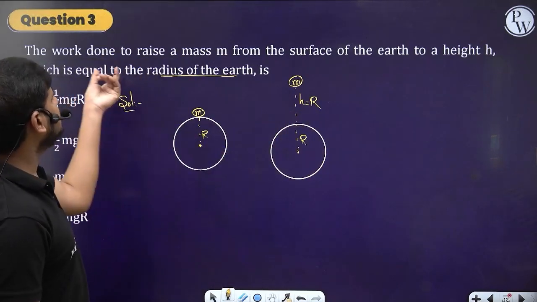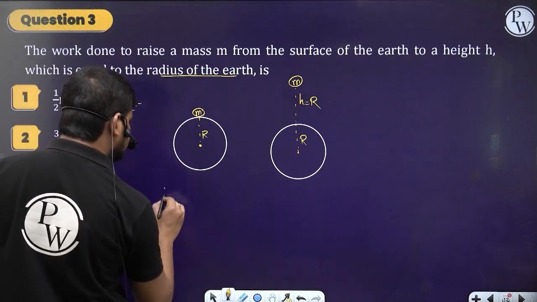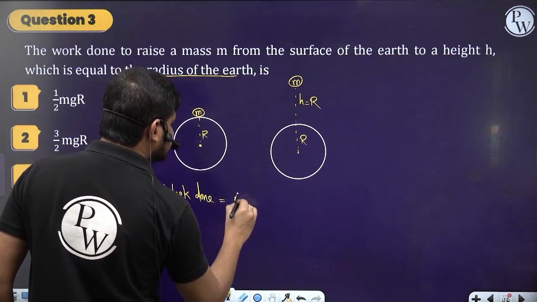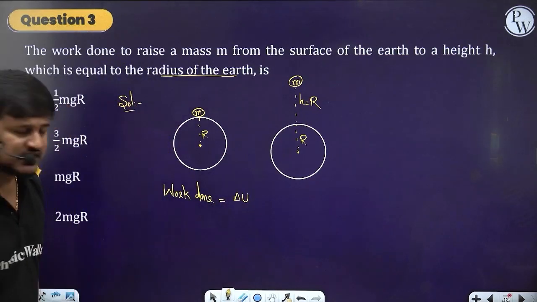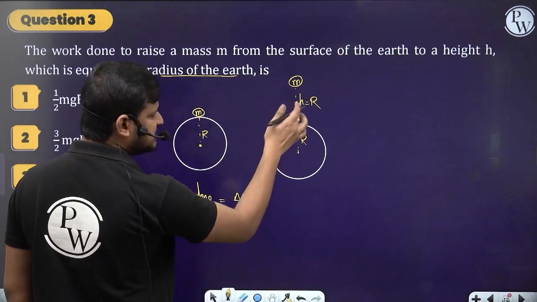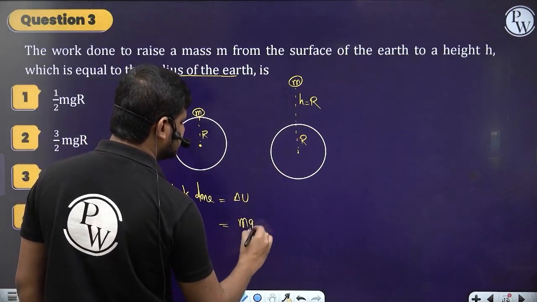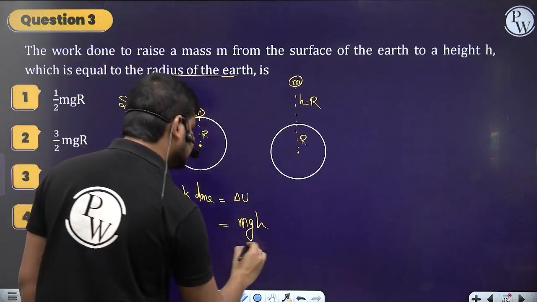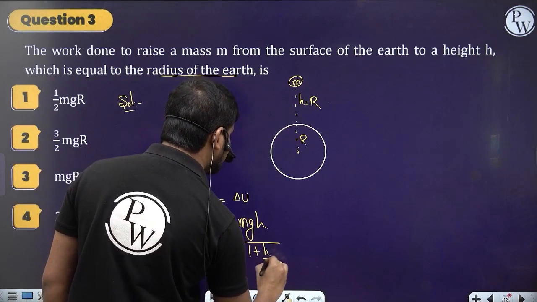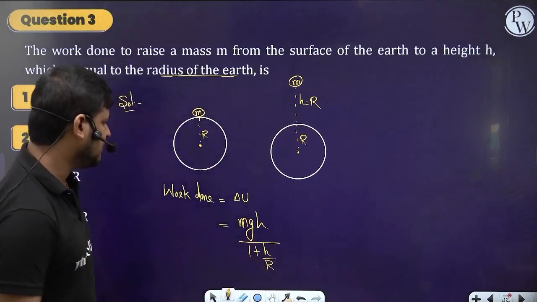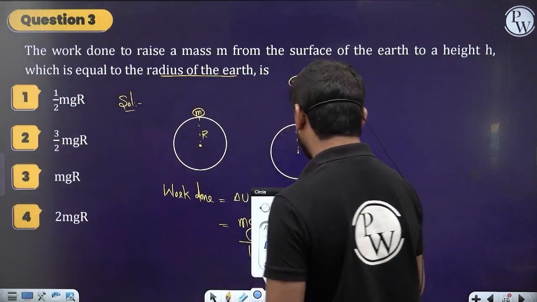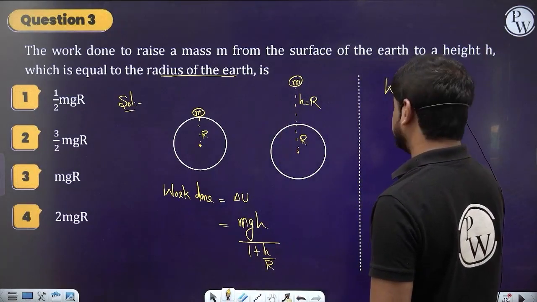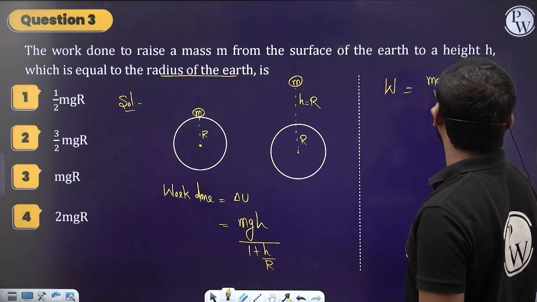Now, what is the work done? The work done is equal to the change in potential energy. So what is the change in potential energy here? Don't take simply mgh, because the height is comparable to the radius of the earth. In such cases, you can take mgh by 1 plus h by R, right? Therefore the work done is equal to mgh by